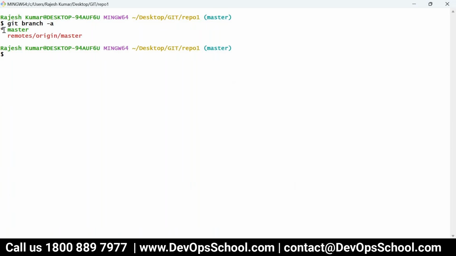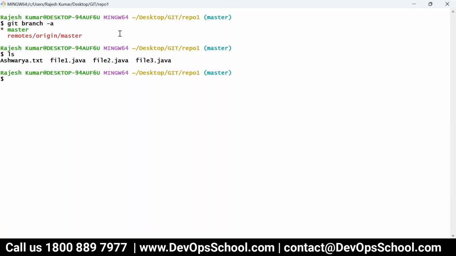The star sign you see here means the code which you see is from that branch. In git bash there is one advantage, that you see which branch you are working on in the console itself. Now this branch is being used for pushing and pulling from the remote repository. In our case, it's GitHub.